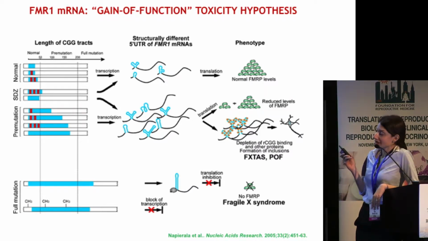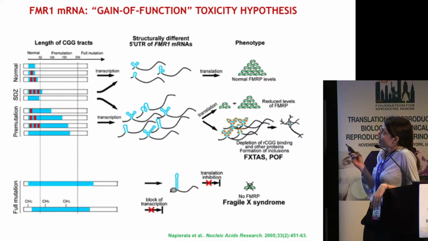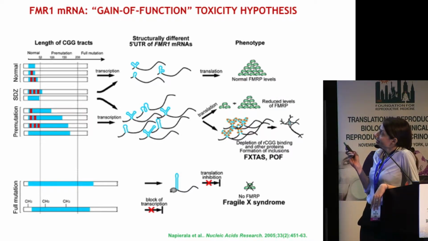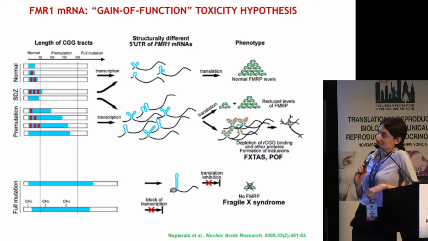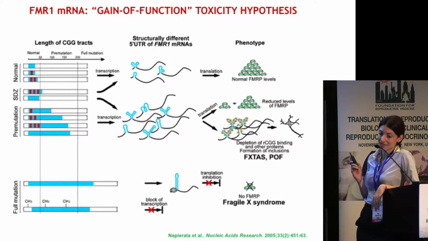And in neurons, it was shown that this increase in mRNA results in the formation of inclusions or these plaques that are often associated with Fragile X tremor ataxia syndrome, which is more common in males. And in females, elevated FMR1 mRNA levels are associated with premature ovarian failure. So this is known as the gain-of-function toxicity hypothesis. So it is not actually believed that it is the reduction in protein levels that are associated with these phenotypes, and that is because